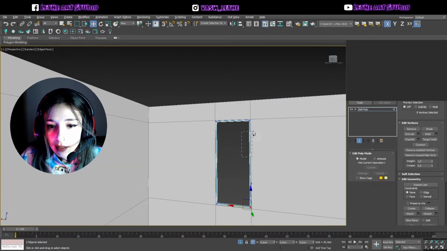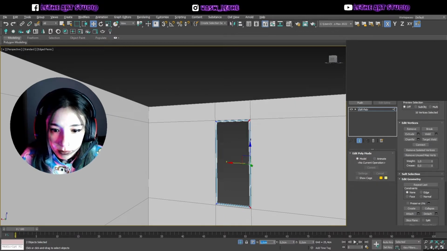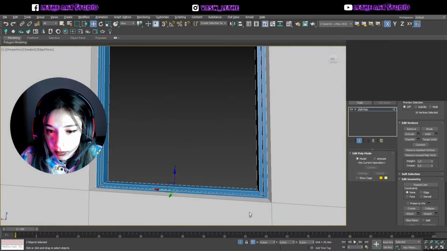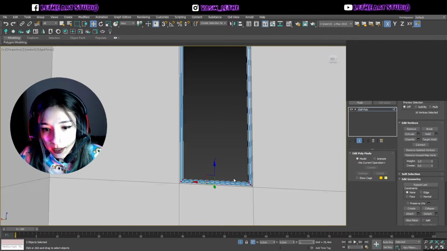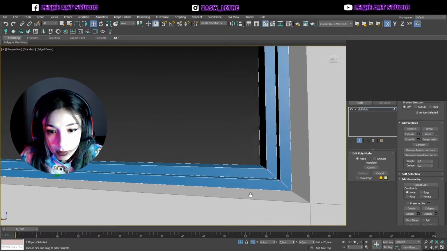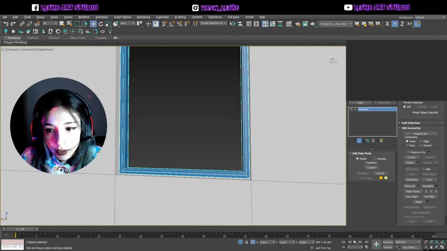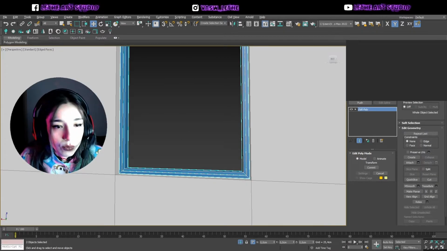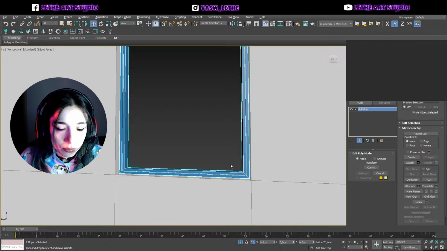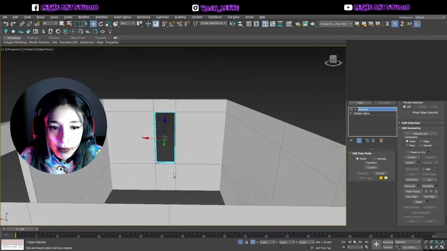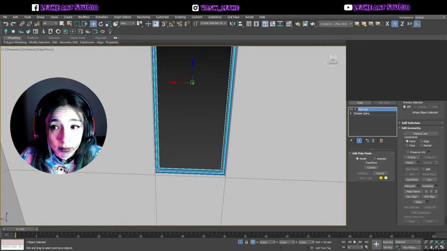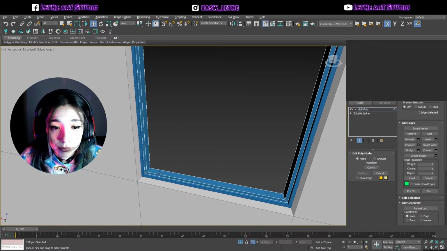And the same thing for the other one, half centimeter here too, and half here. And this is done, and this is done here. So we may need to have a glass,